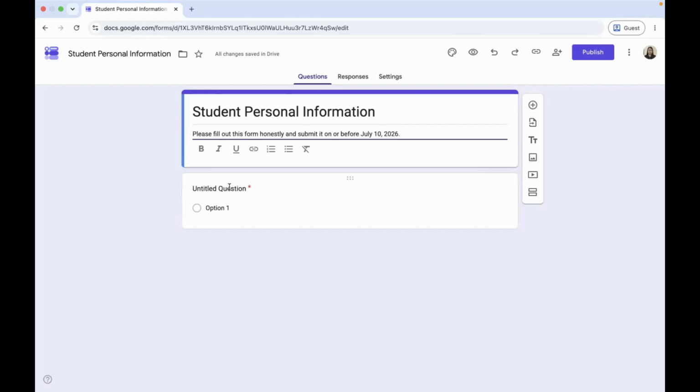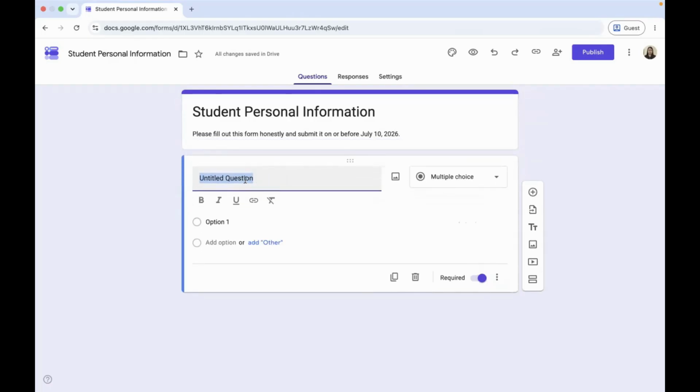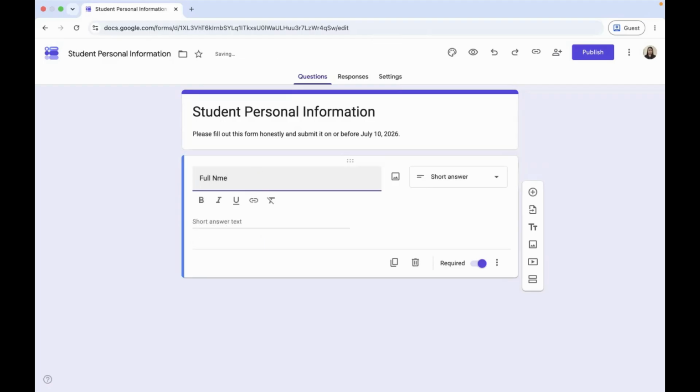So you just have to click on this first untitled question to start, but we will not be asking a question at this time. We will just be specifying a field which we want the student to answer to collect information from them. The very first detail we want to collect from our student is their full name. You also have to specify how they will type their name, like last name, first name, and middle initial.